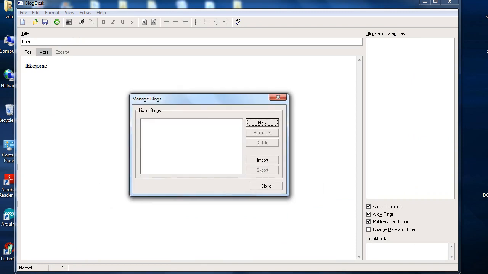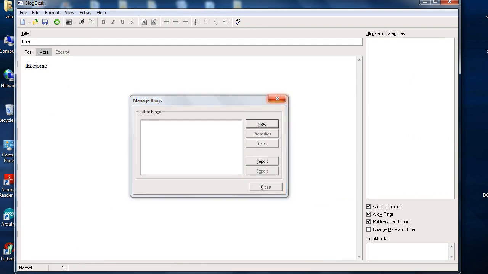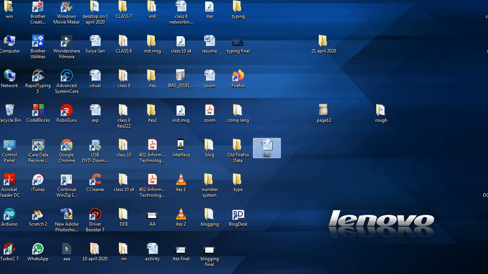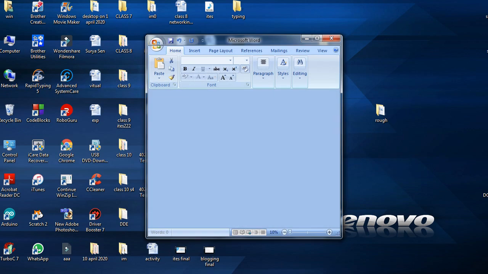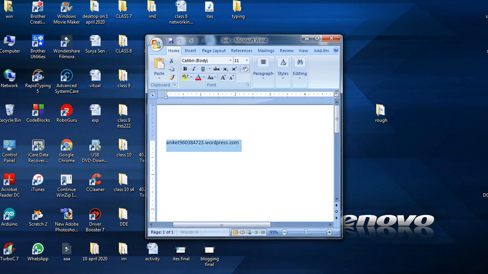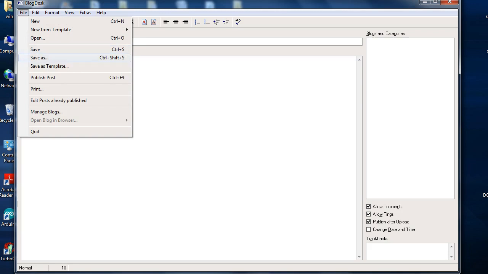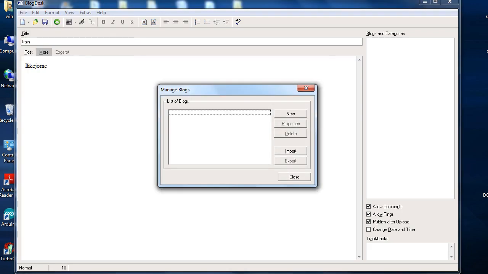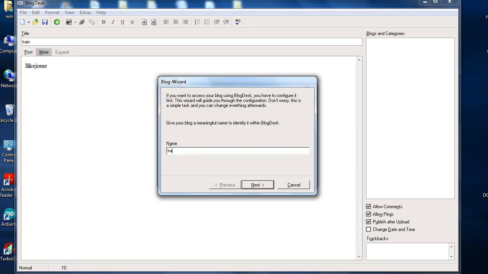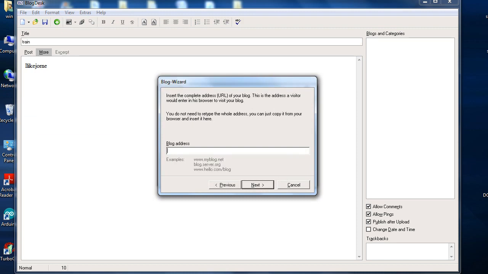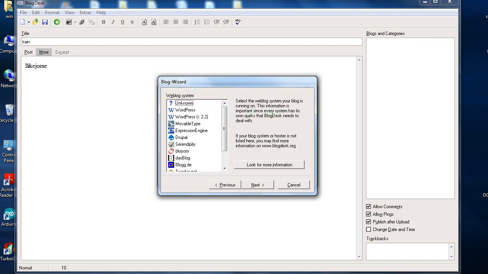So after all these things, what we can do, after this, the file option is there, right? Let me show you. Here you can see the file option. Under this you can see the publish post option, right? Or the manage blog option. Under this manage blog option, you can click on new,